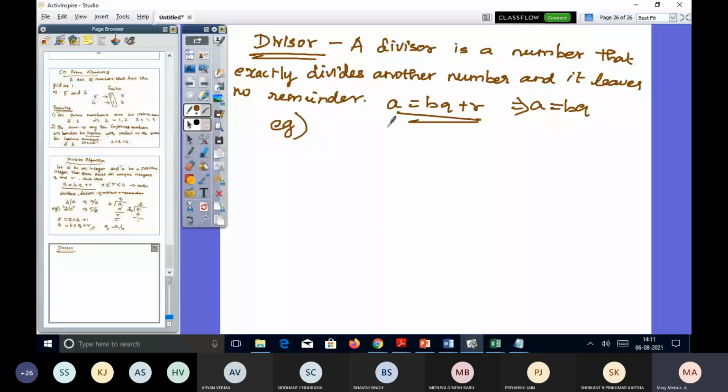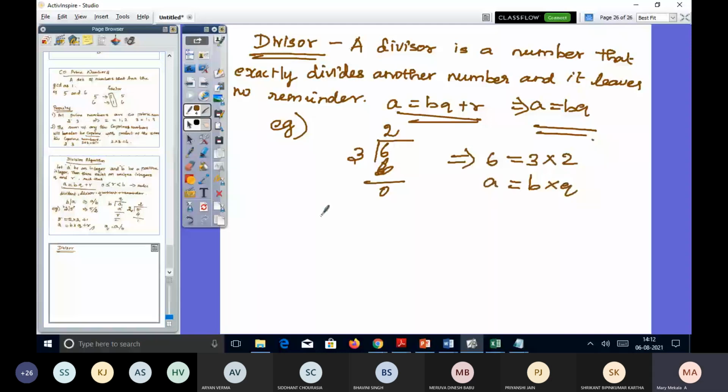Suppose if you have a number that is 6 as a divider and 3 as a divisor, right? So when you do the calculation, you will get 2 times 3 is 6 and the remainder is 0, isn't it? So the same thing is represented here. So now 3 is the divisor for 6 and now it can be represented as 6 is equal to 3 into 2. Okay, that is the meaning, that A is equal to B into Q. That is this formula.